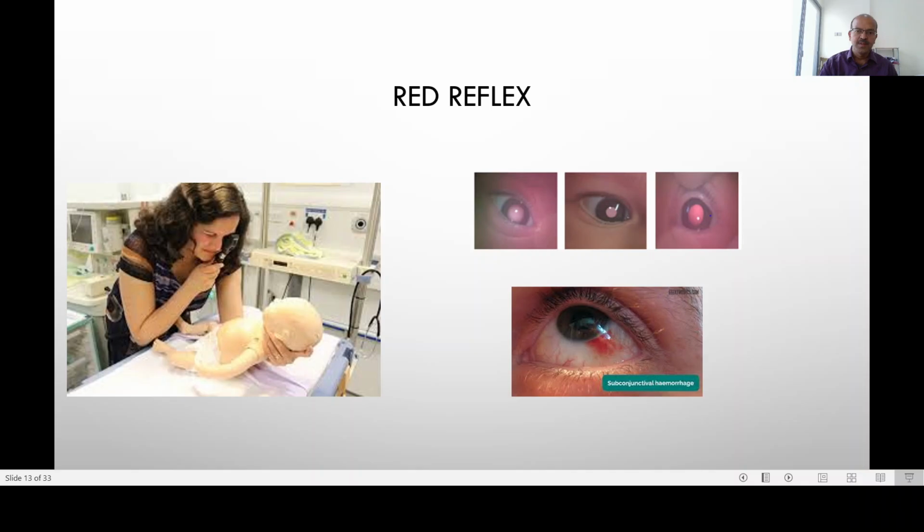subconjunctival hemorrhage, which is fairly common, which is a source of anxiety for the parents. Usually resolves within a few days to weeks. You don't need to routinely examine the eyes inside by the ophthalmoscope and the ophthalmology review, because even if it's a very small retinal hemorrhage due to the delivery, it usually resolves on its own. But where you have a doubt about the red reflex, you should always review with the ophthalmologist, who can do the slit lamp and other assessments to look for the reason for it.